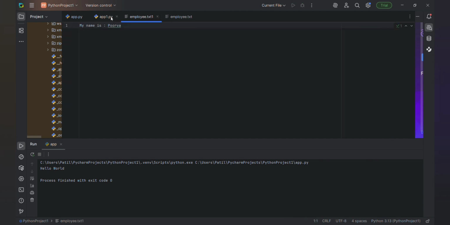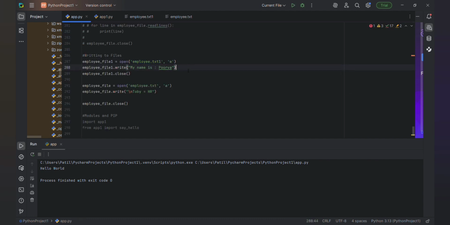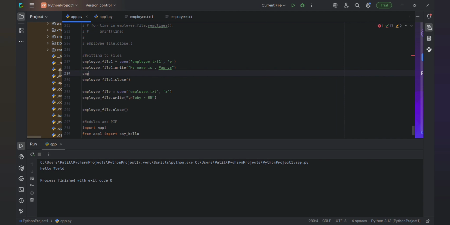If you want to add anything, you just have to say employee file1 dot write, \n, my surname is Patil.